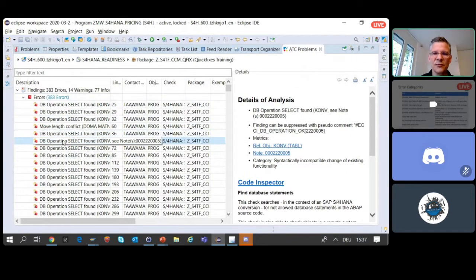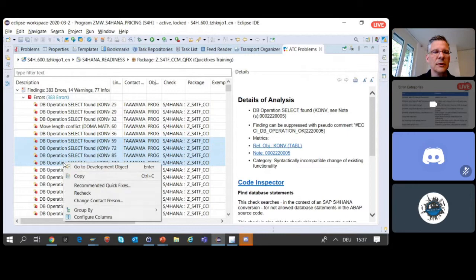So if you have a list of programs, you can also perform the recommended quick fix. So you don't get the dialog, which quick fix you want to have. It will automatically use the recommended quick fix, the first option in the list of quick fixes, to change this pattern. So you can use it for the order by statements, for instance. So you can add an order by primary key to all missing select statements.